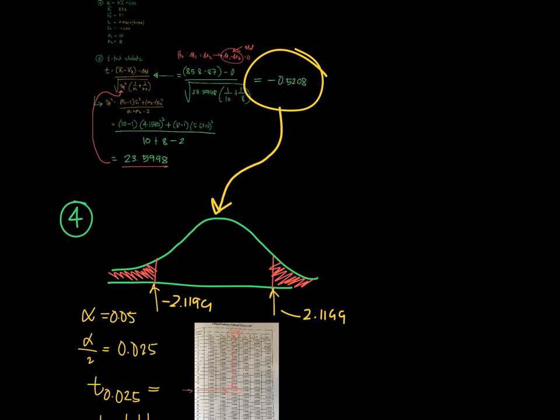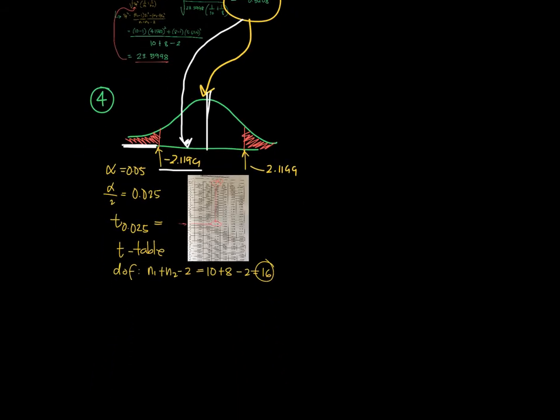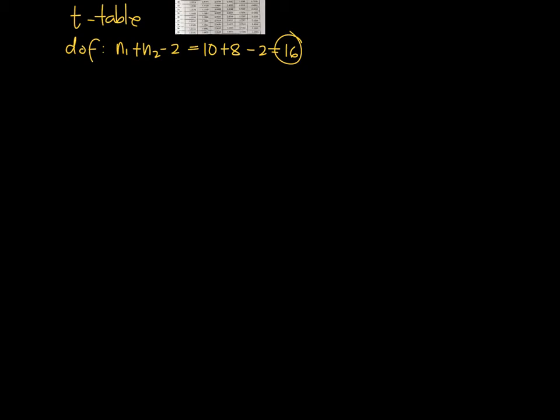diagram. So if 0 is the center, then the negative 0.5208 should be on the left of 0, but should be on the right of this critical value. So as we can see, the number did not fall under the critical region. So that will lead us to our conclusion in number 5, that since it's not in the rejection region, we